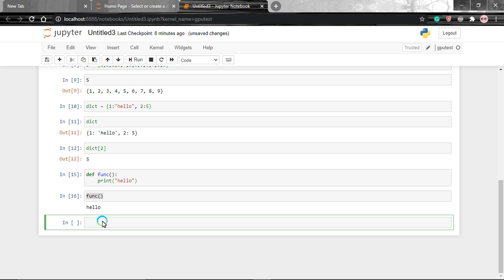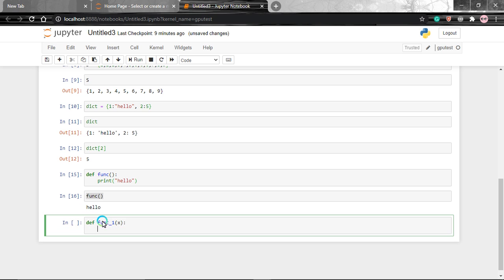So in functions, one more type of function, let's say func1, in which you pass some arguments. Let's say x you have passed. Why do we need to pass these arguments? Because if we want to perform some operation, let's say a square operation, we'll change our name to square.